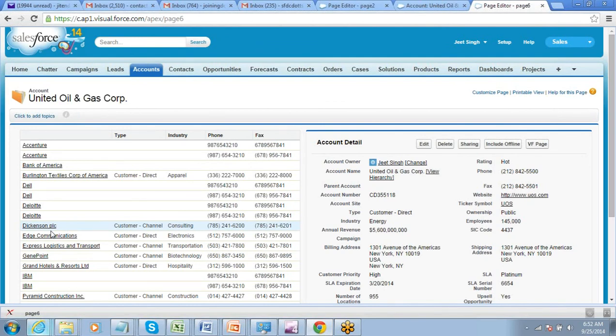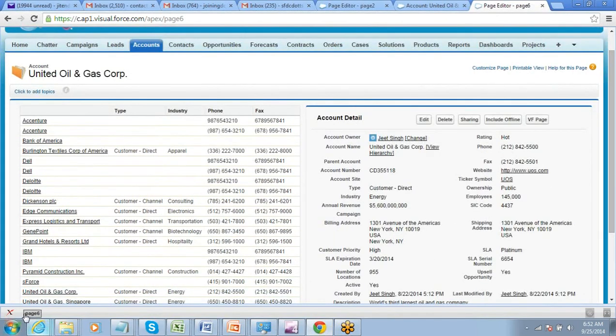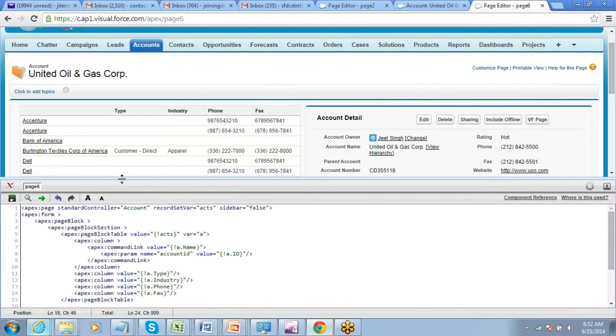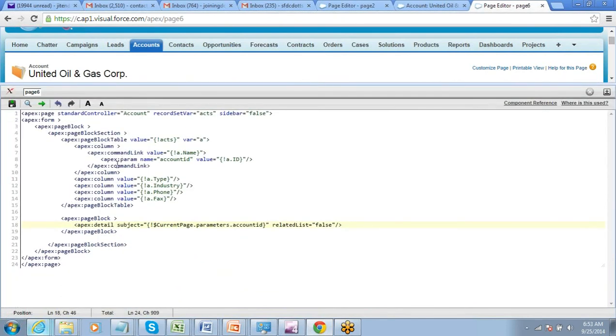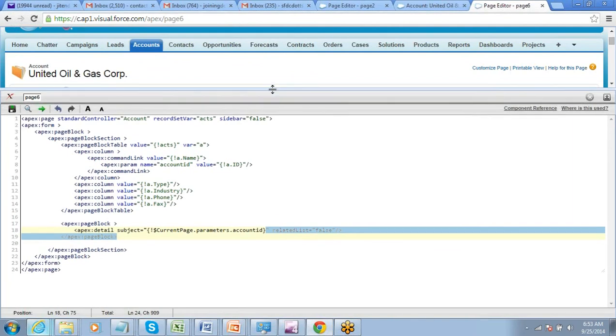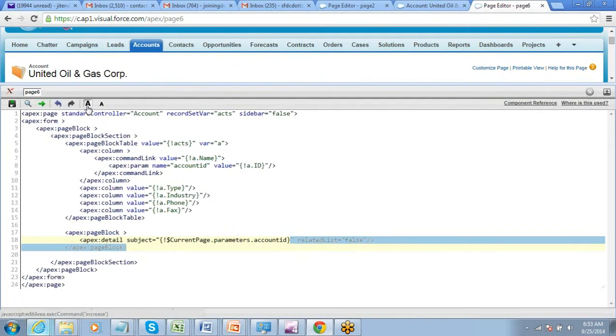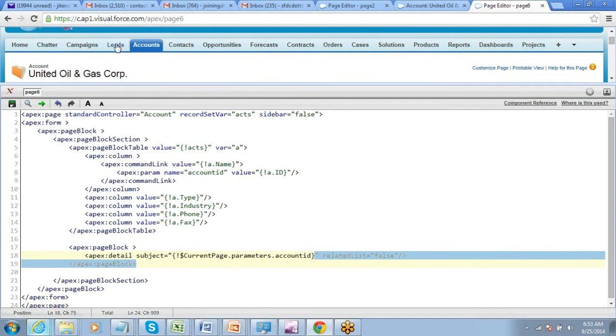Is that okay? Simple. Now there is only a small thing. If you have understood this passing of parameter thing, so on click of this link, every time the value here is getting updated, and as a result the value here also gets changed and this section also gets updated. So that is what is happening here, right? Now if you have any questions here, please tell me. It's very simple code. It's clear, right? Okay.